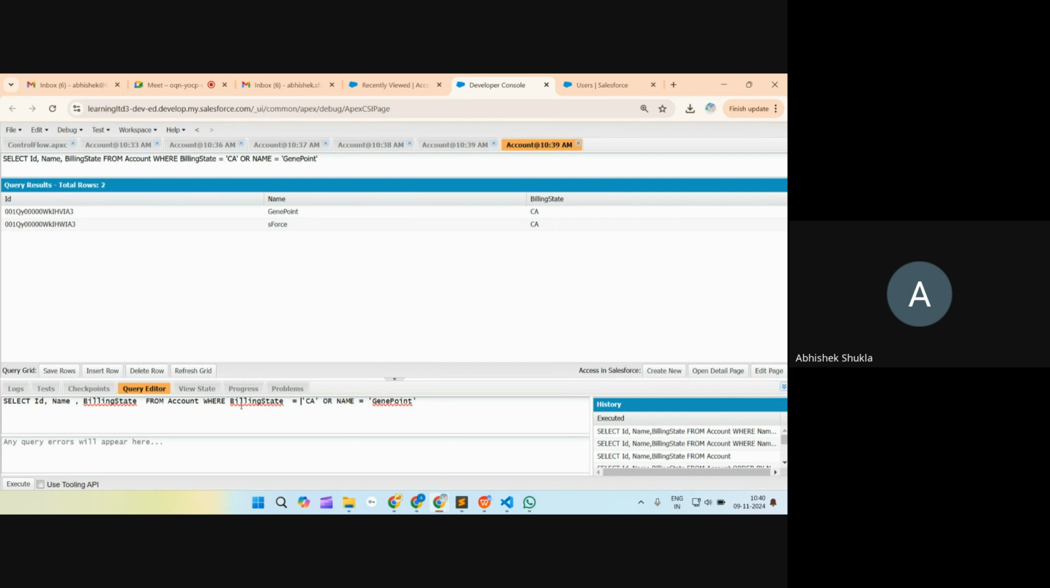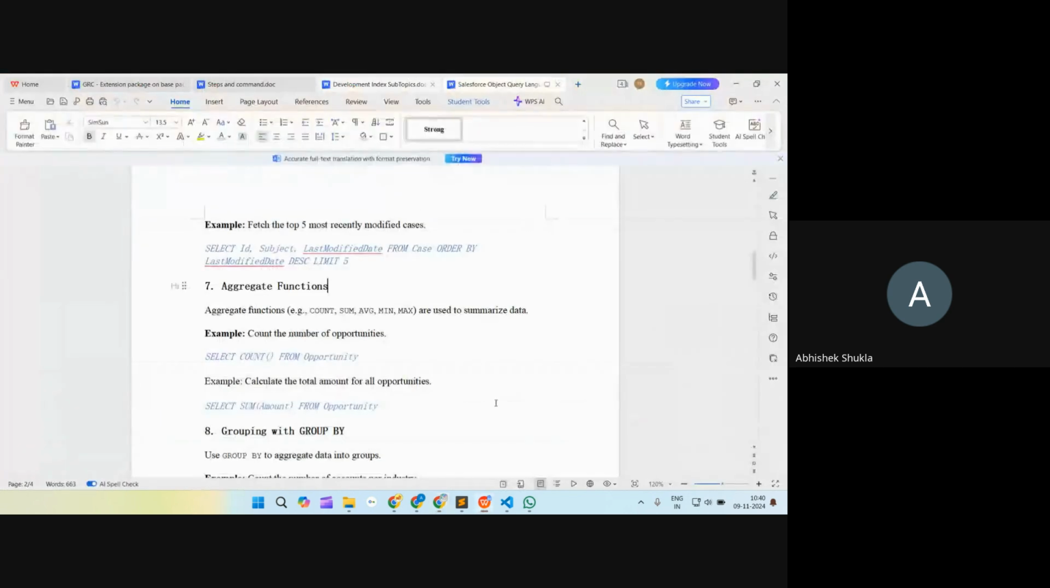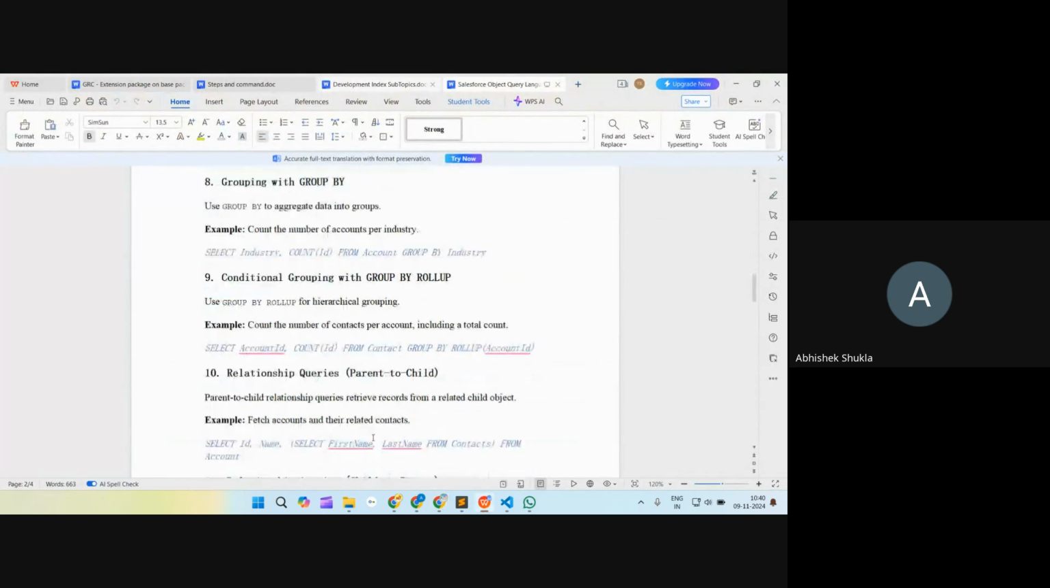So that's how you associate multiple conditions with the where clause, right? You can have more than one condition also. It's not like you can have two only. You can have more than one, two, or three also, right? So that's how you can put your conditions, associating them with and, or. Okay. Now